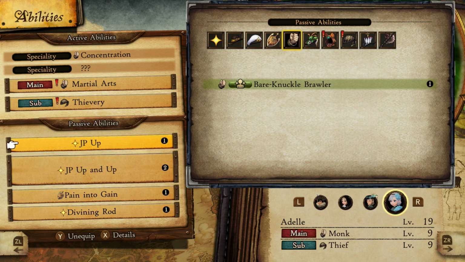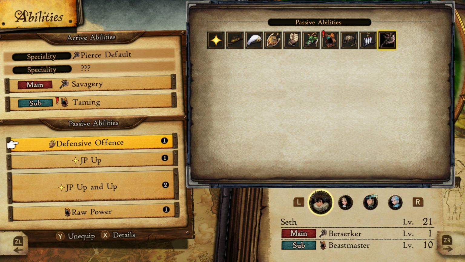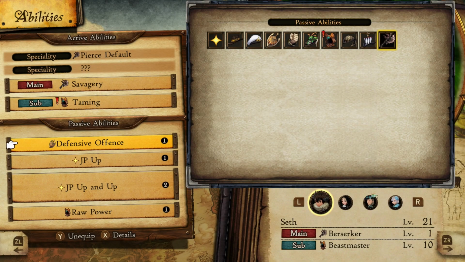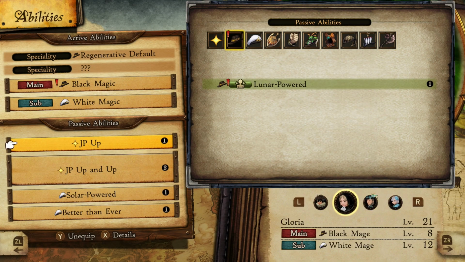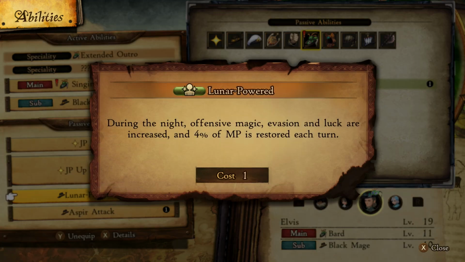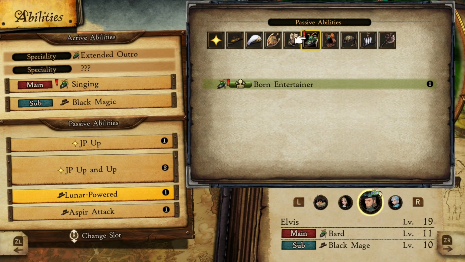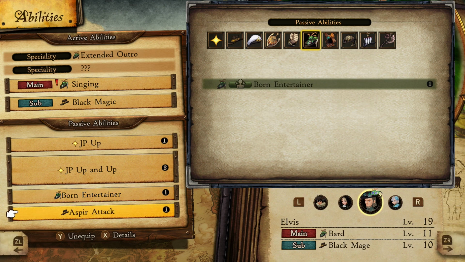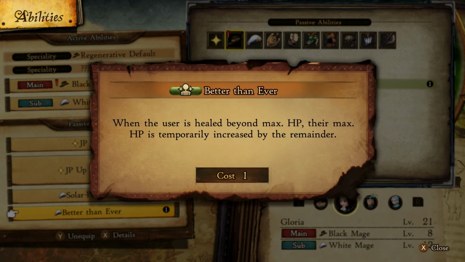I might just take JP up off of her. Do I need defensive offense? Yeah, I do. It's a really good ability. Do I need Aspire? Not really. Actually, I don't really need Lunar Power at all, so let's go ahead and take this off. Born Entertaining, the effects of singing and artistry abilities are increased by percentage. Oh. I probably want to give him that, and then...